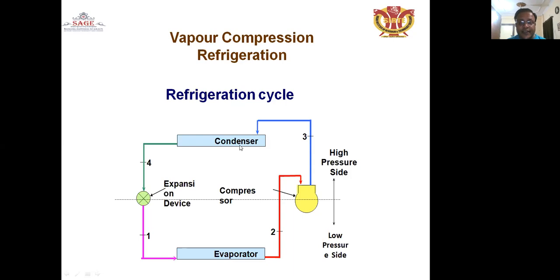This is the basic circuit diagram already discussed in the last class. This is the condenser, expansion device, compressor and evaporator. After condensing in the condenser, the refrigerant in liquid condition passes through the expansion valve, where expansion is done by capillary action. After expansion the refrigerant is in liquid and vapor form, and it passes through the evaporator side where it evaporates, absorbing heat from the substance put in the evaporator.